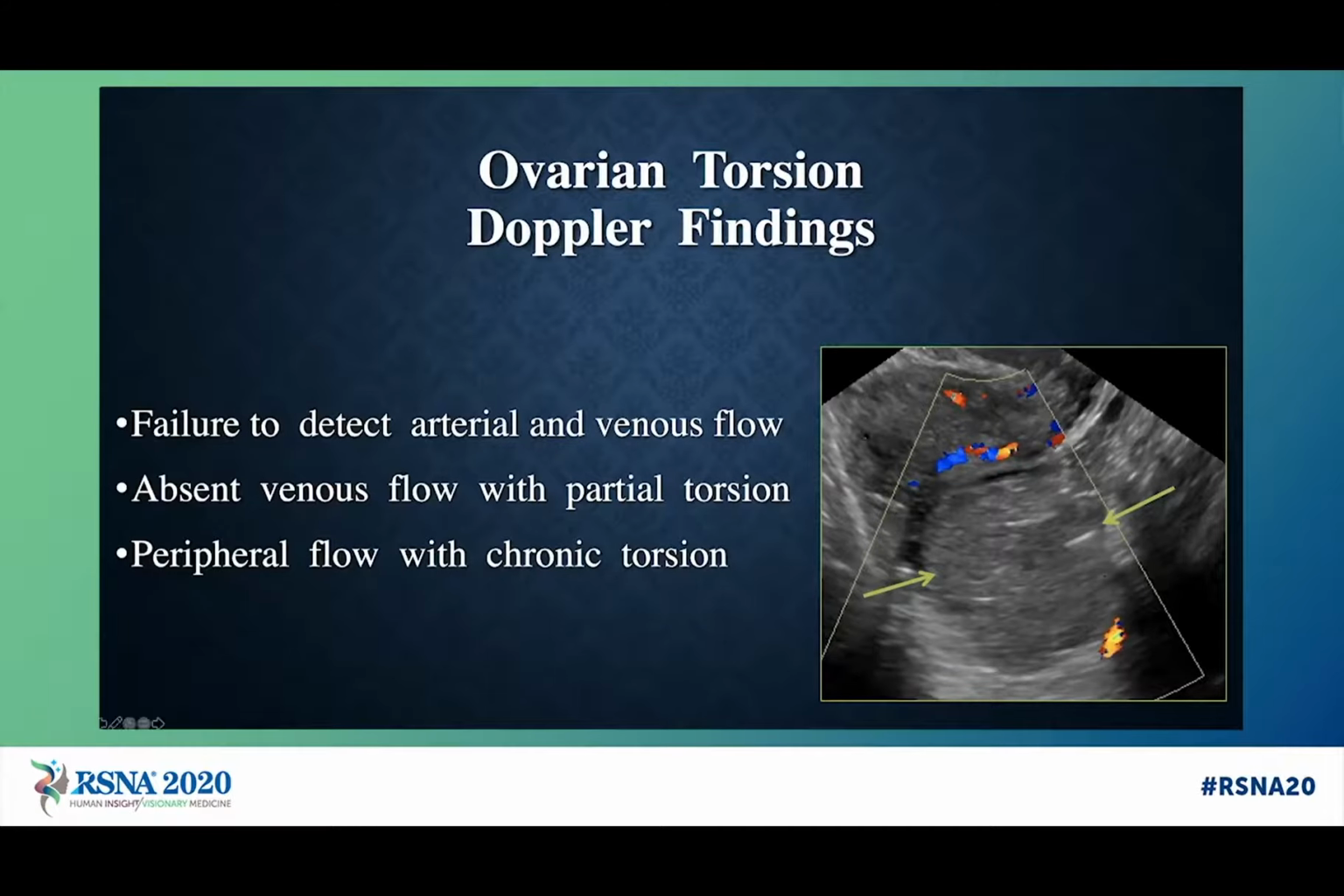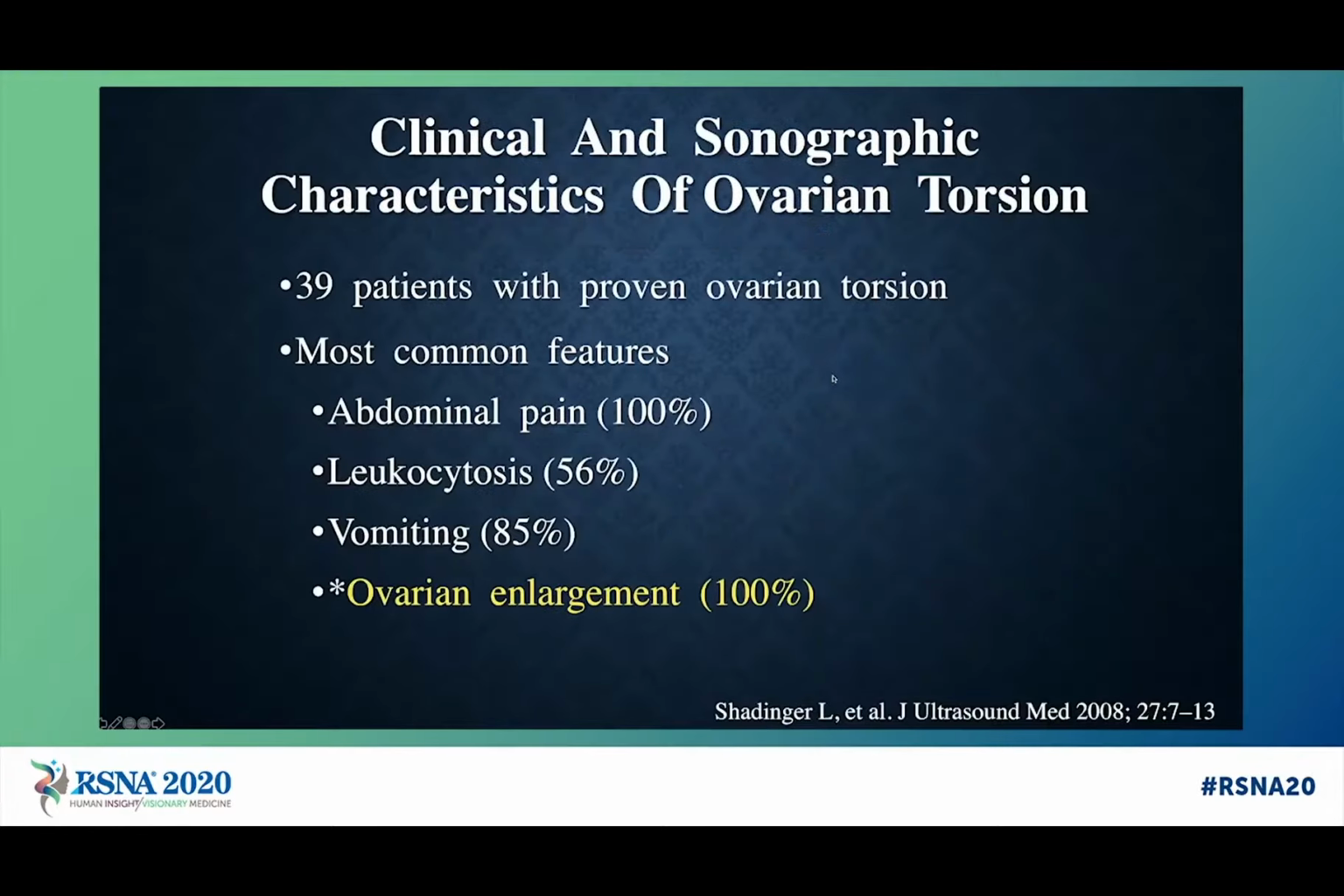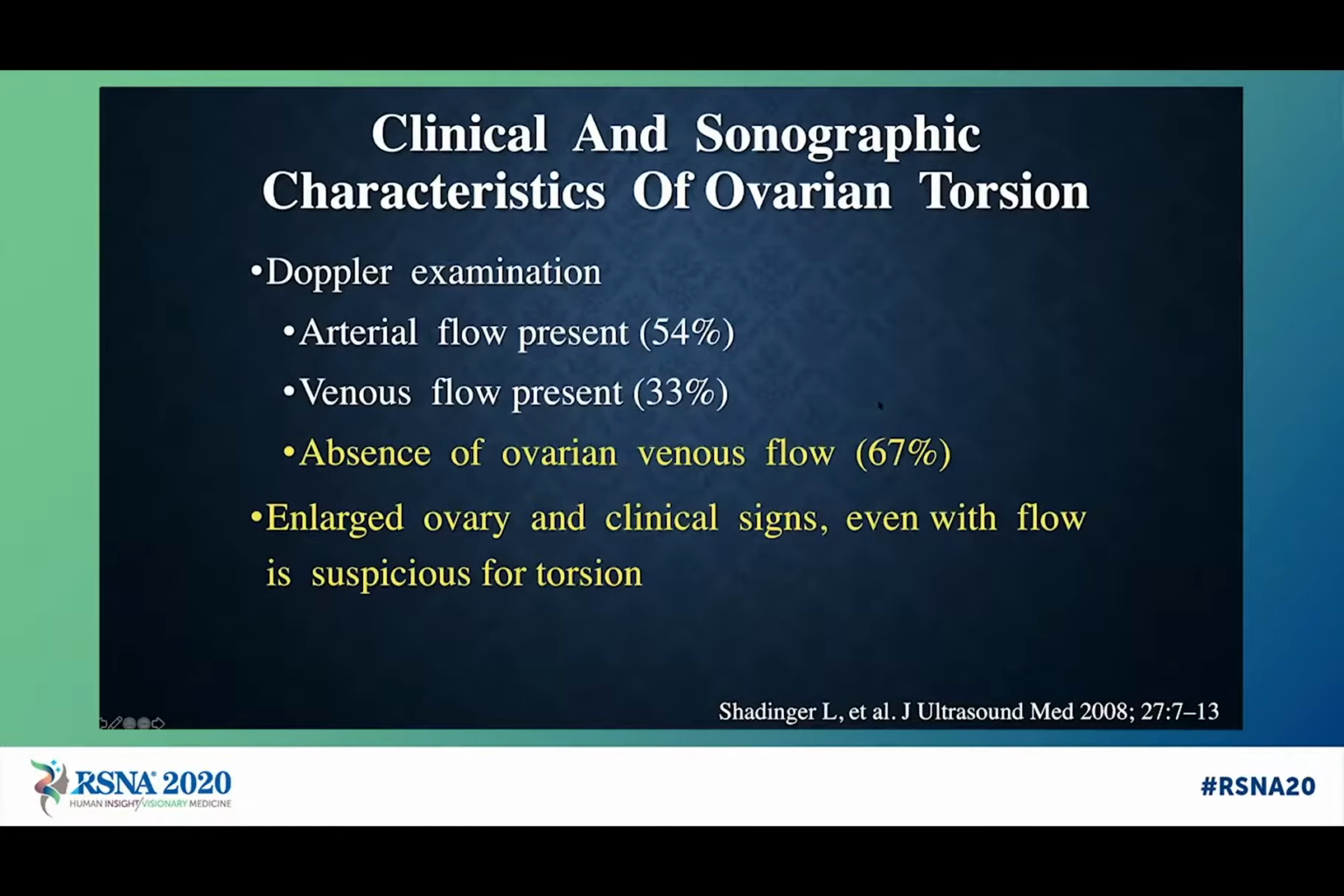In patients with chronic torsion, you may see peripheral vascularity around the ovary. In this study that was published by the Vanderbilt Group in the Journal of Ultrasound in Medicine, they found that the most common features associated with ovarian torsion include abdominal pain and ovarian enlargement on grayscale imaging. On the Doppler examination, they found that about 50% of patients had arterial flow and only a third had venous flow in the ovary. So there was absence of venous flow in the ovary in 2/3 of cases,